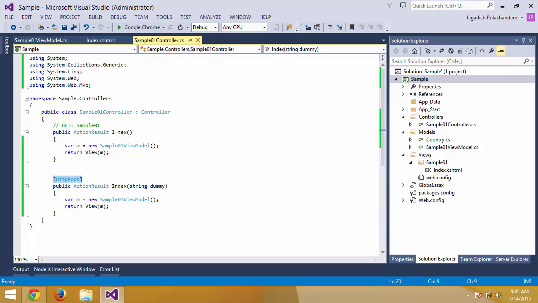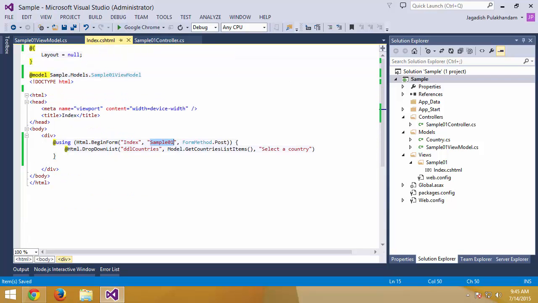If that particular request is of type GET and the action is index, this is going to be picked up. Okay, so let us see one by one. Now I switch back to index again for a second. And now I need to have this particular drop down to be acting as a post. So right now, if I execute this,